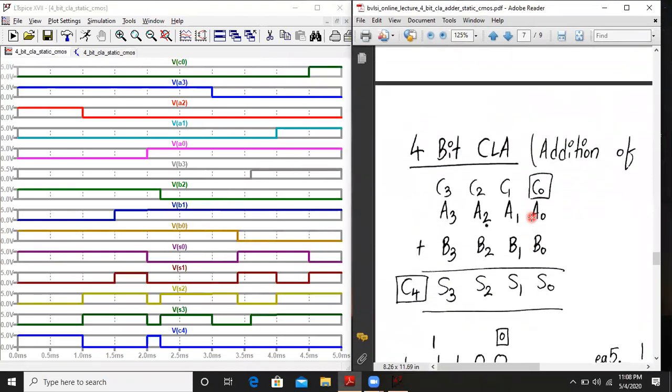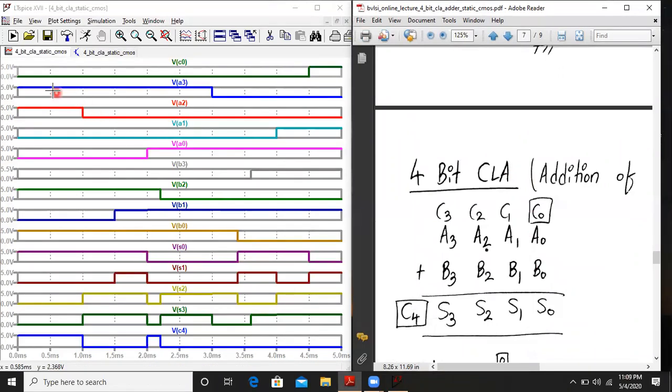So let us start. The sequence will be this: first we'll start with A3, and note down the value, whether it is logic 1 or logic 0. Then A2, A1, A0, and we'll write them simultaneously here. Then in the next row we'll write the B3, B2, B1 and B0 status, whether 0 or 1.